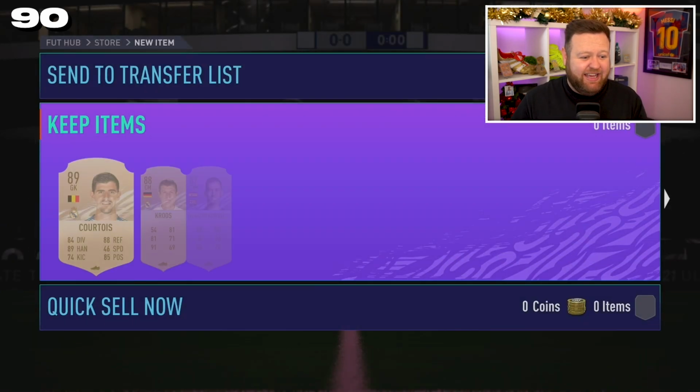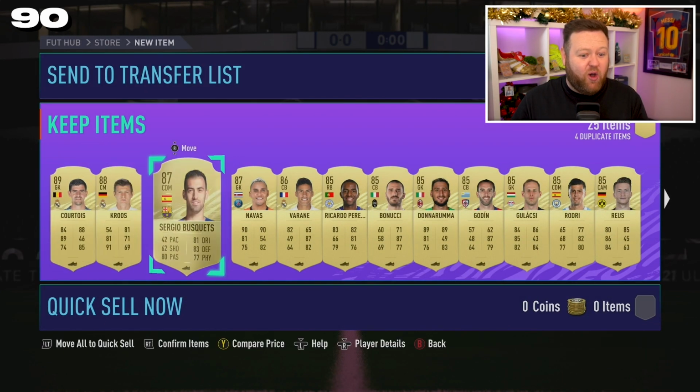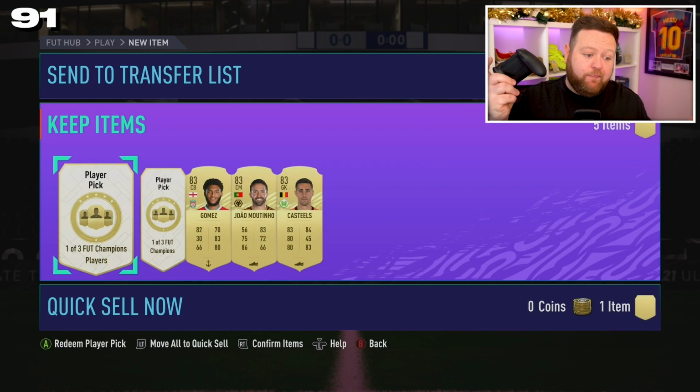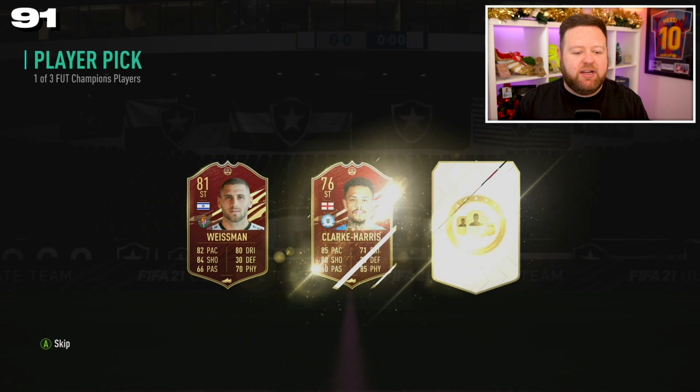What are we going to get? Who are we going to get? We are going to get... Oh, we actually got Varane. The player I talk about not using because he's too sweaty. We've now got him untradeable. We have to use him. We just have to use him. And in 3, 2, 1, boom. Our red player pick is going to be...